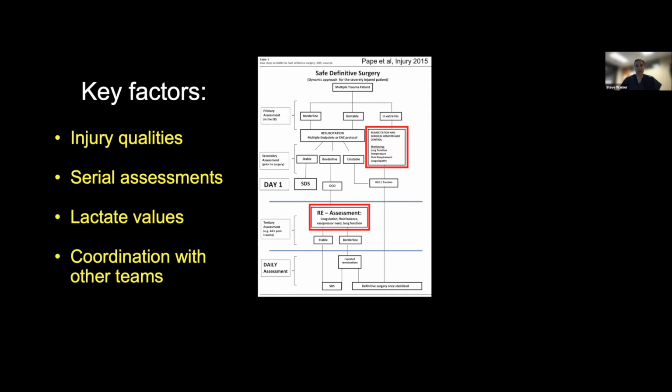This comes into play during their initial resuscitation before the operating room, immediately after the operating room, and then the day subsequent as they're being reassessed for other definitive fixations. Coordinating with the general surgeon team, the neurosurgery team, and other clinical and surgical teams is critical in order to optimize care of these patients. So I think with this algorithm in place, while it does have flaws, certainly these key factors and remembering what's important in dealing with these patients can make this useful in order to optimize care for these patients.